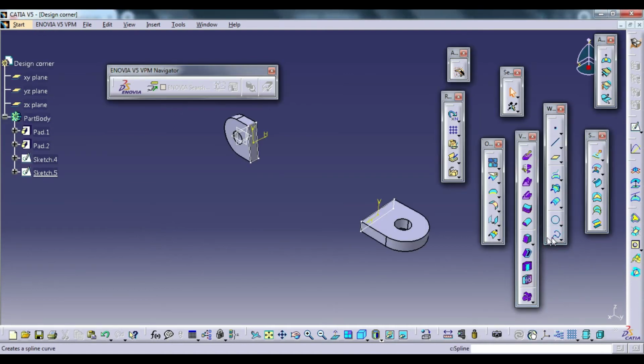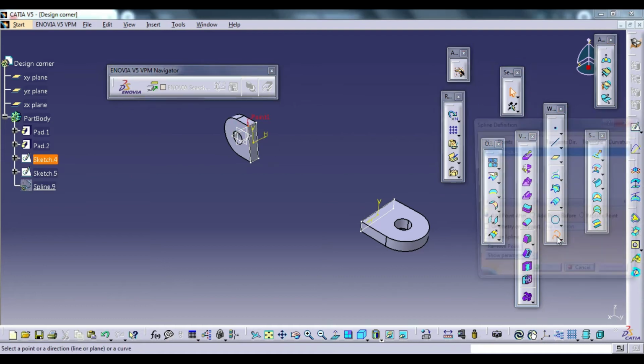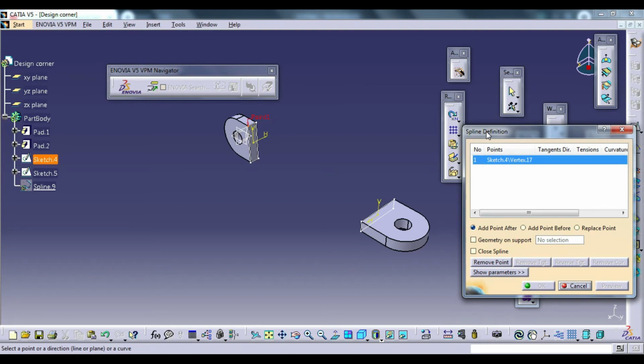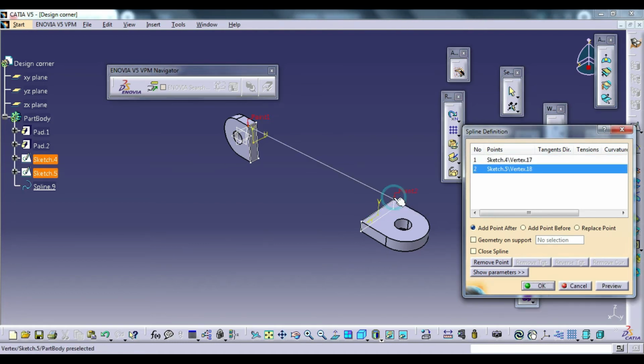Now you click on spline, click this corner. A dialog box opens, and click this point and also this point.